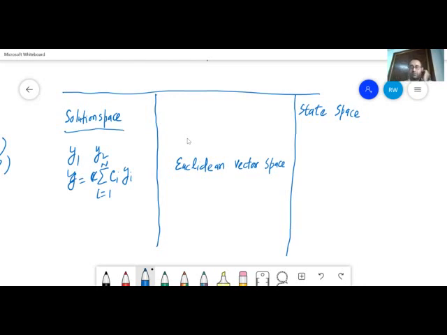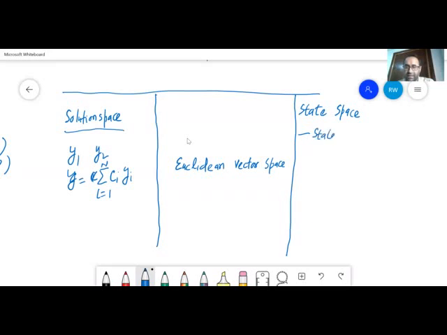Now what we have understood from solution space and from Euclidean vector space, we would like to do something similar for state space as well. That is going to be our focus: how do we take these things from solution space and Euclidean vector space to quantum mechanics and understand what is going on there. So that's what I'm going to fill in this box here. But first, before we talk about Hilbert space and the other advanced stuff, we already understand that in quantum mechanics, all the vectors which are there,